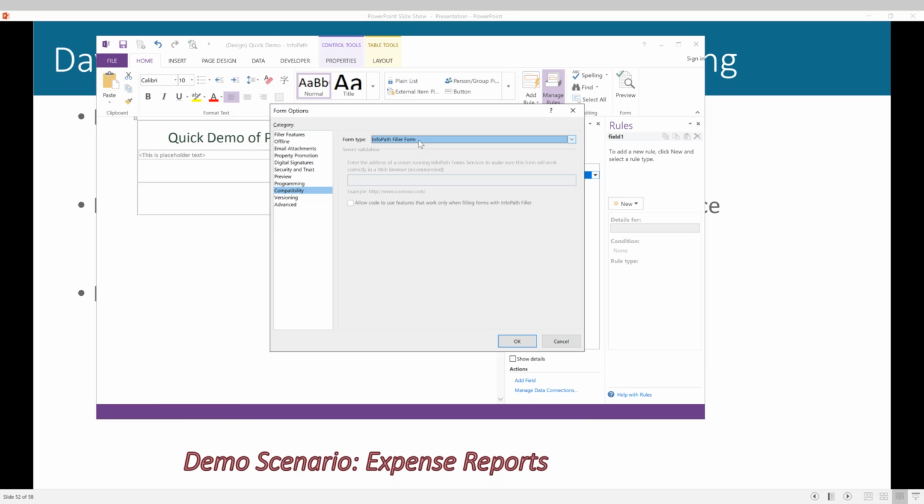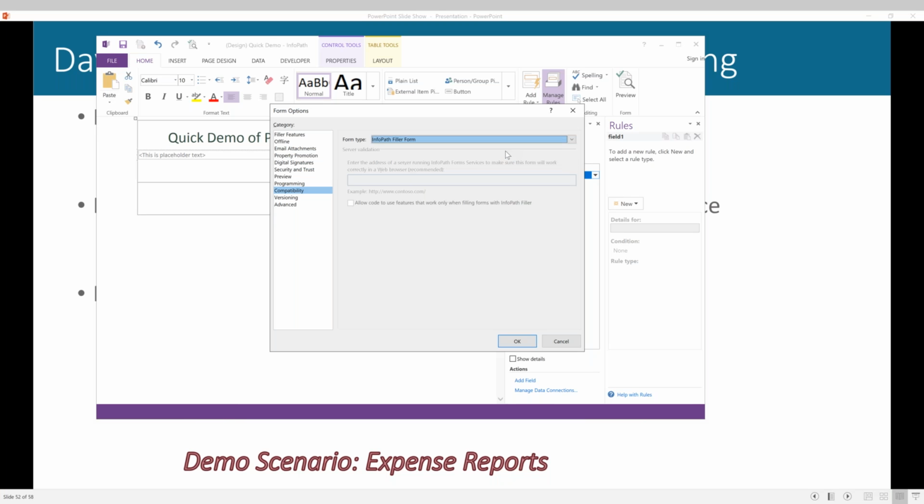Now, if you're publishing your form out to a library and you want to continue using it in both InfoPath and FormsViewer, which you can do, then you obviously don't want to do this before you publish. You want to keep it at the browser mode, which would be browser 2013 here at the top, web browser. You want to keep the form in that mode, but then right before you upload it to FormsViewer, you switch